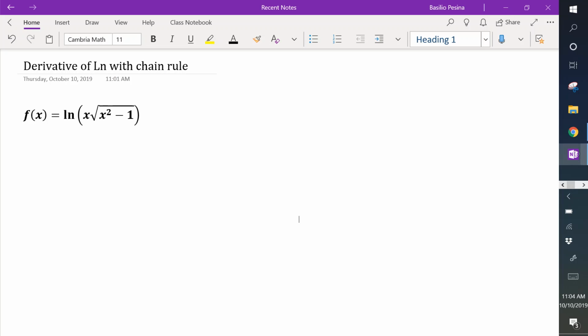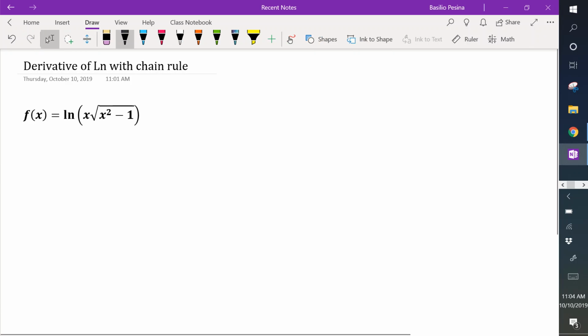Hello class, today we're going to go ahead and review a little bit. We want to find the derivative given that we have a natural logarithm. So what we know here is that a derivative of a natural log, if the function is given to you in this form,